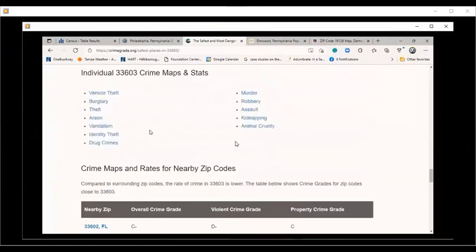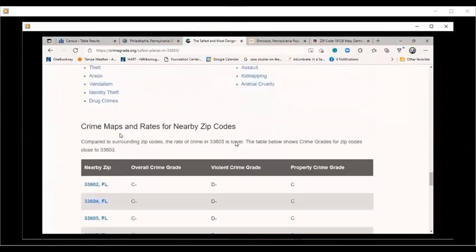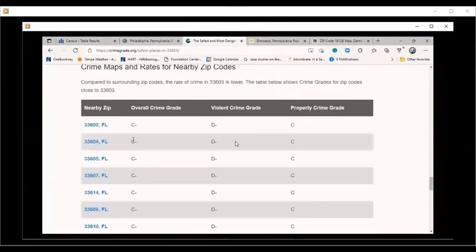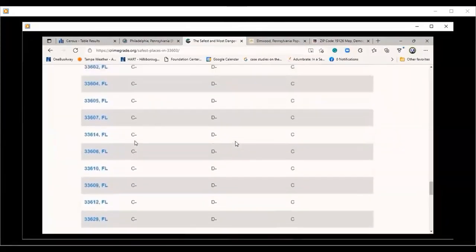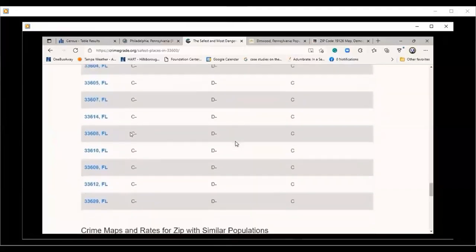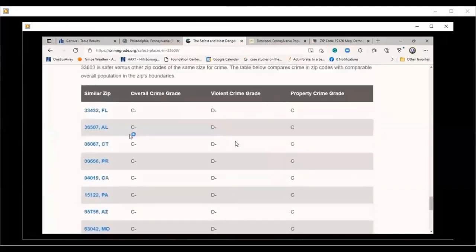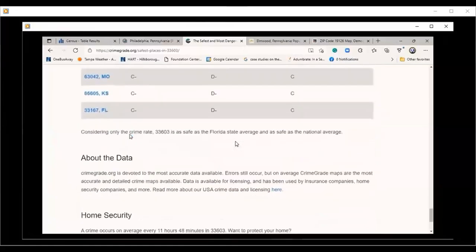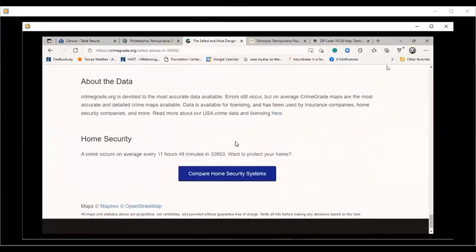You can go to the site and click on these individually. And then finally you can compare your zip code to other zip codes. Now let's go to the next